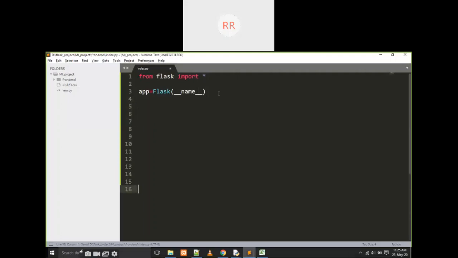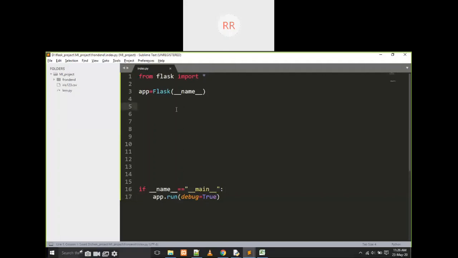Now the last lines we are going to write: if double underscore name double underscore is equal to single quotes double underscore main double underscore, we have to write app dot run of debug is equal to true. That means this is the web page, and definitely it is going to be executed every time. That's why we are going to write here app dot run debug is equal to true.